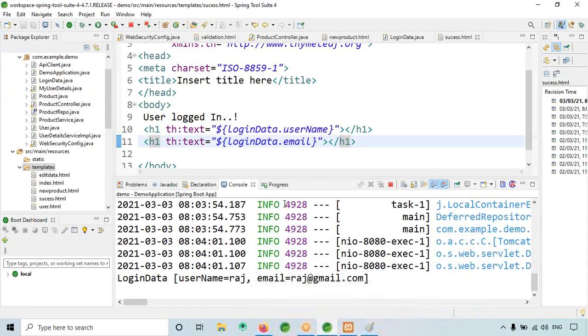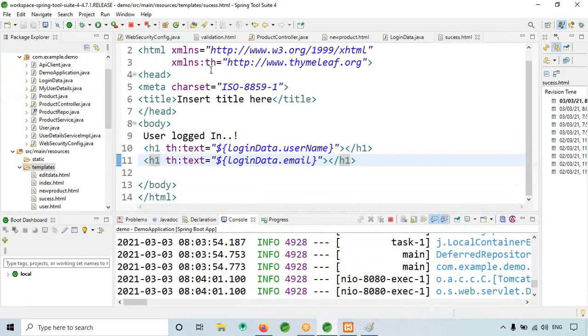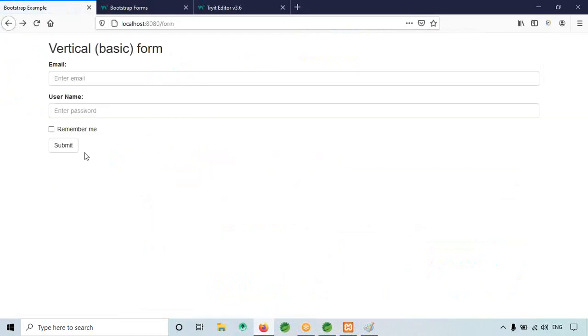When I click on submit button, it is printing Raj and raj@gmail.com. And if you observe in the console, see here, username and email, it is printing. Now this is okay, there are no issues. So whatever I enter here, when I click this button, it is taking me to that particular page.